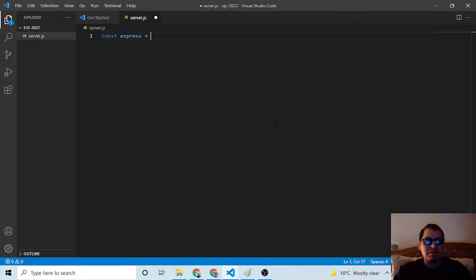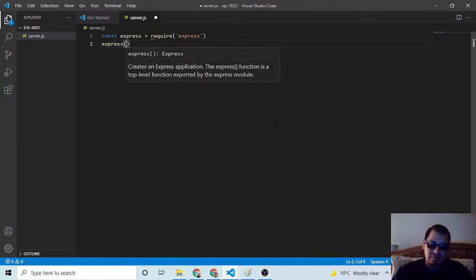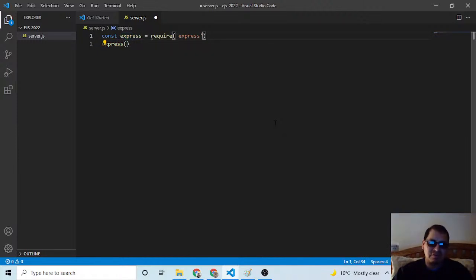I'm going to require this. Require the module, which is Express, and then I'm going to call it by making use of the parentheses. That's a function. They say it's a function. They didn't say it's a method.